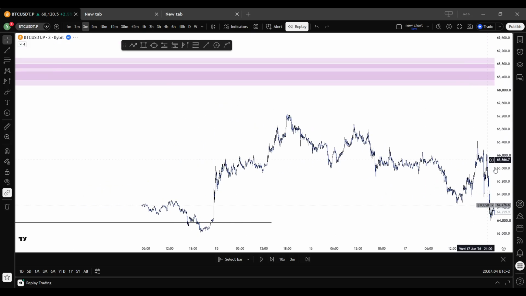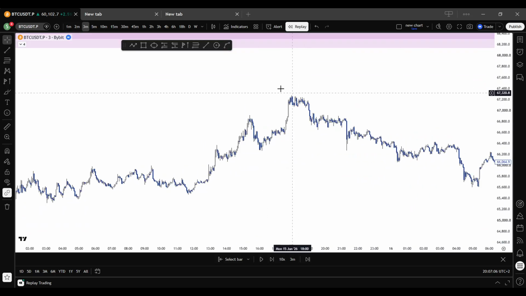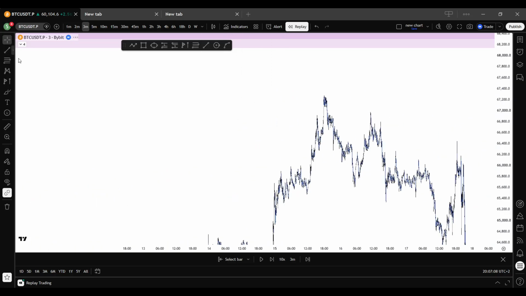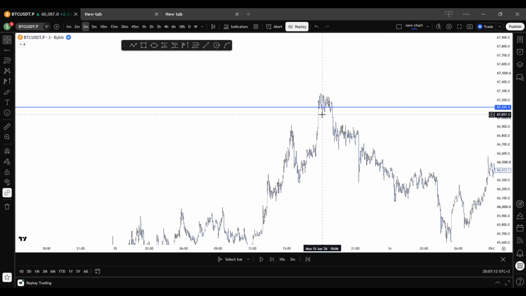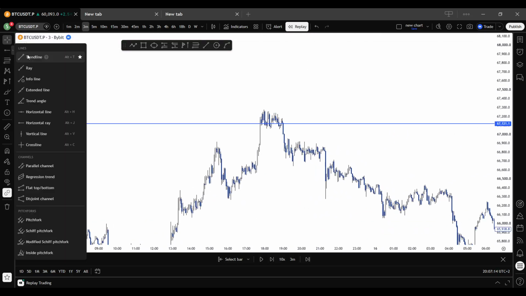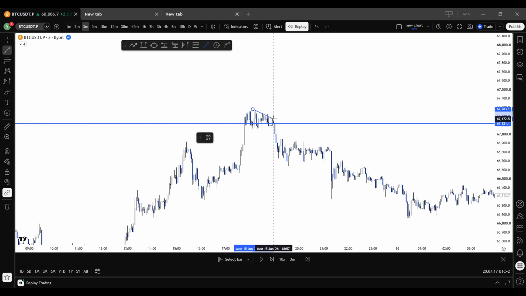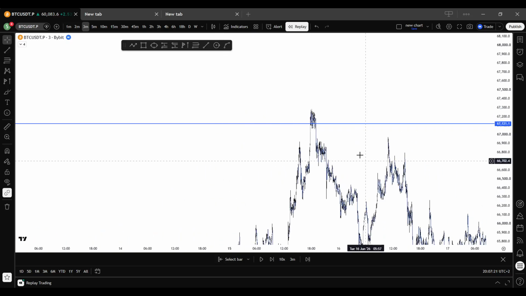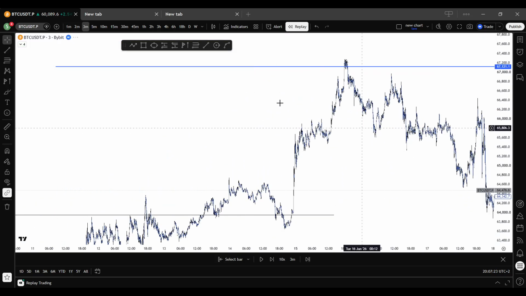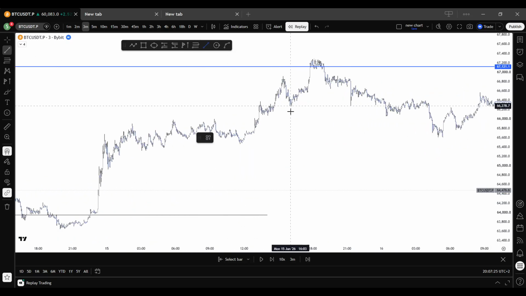I think it was valid because if the POC was around here, there wasn't really an entry. As you guys can see, we have just been stacking liquidity and there wasn't really a trade. You technically could have entered around here,